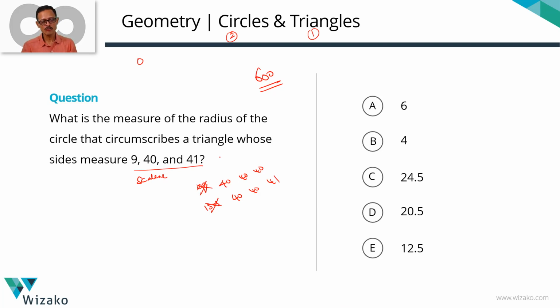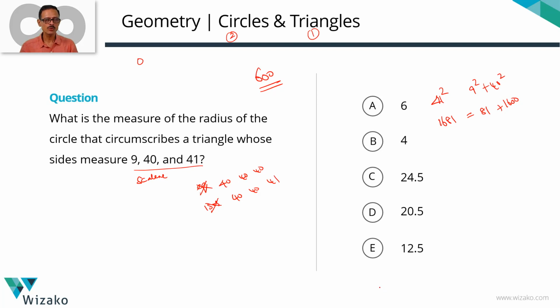If it's a right triangle, 41 would have been the hypotenuse. 9 and 40 would be the perpendicular sides. Let's check whether the Pythagoras theorem will hold good for these three sides. 41 square is equal to 1681. Is this equal to 9 square plus 40 square is what we need to check. 9 square is 81. 40 square is 1600. 1681 equals 81 plus 1600. So it appears that what we have in 9, 40, 41 is a right triangle.